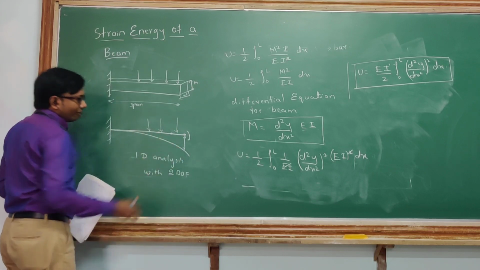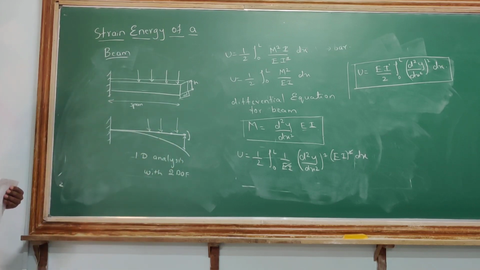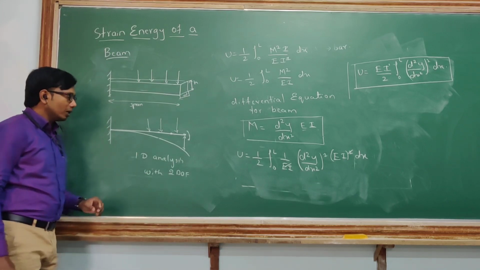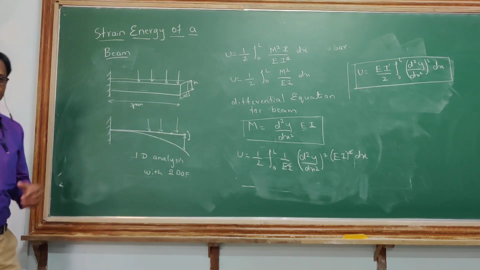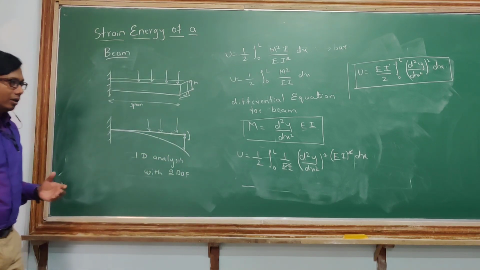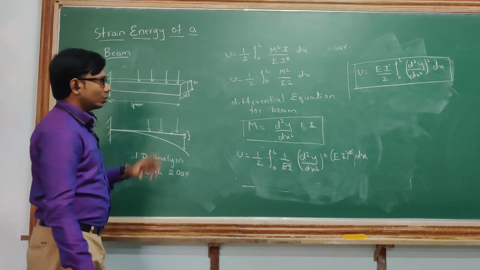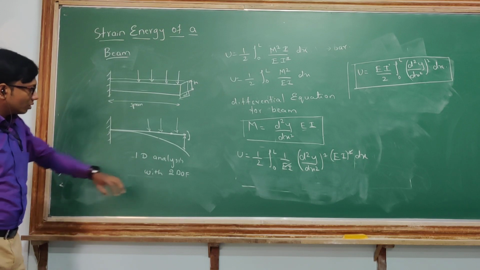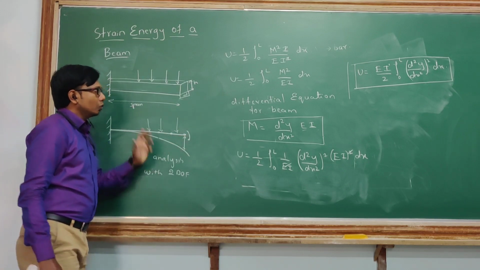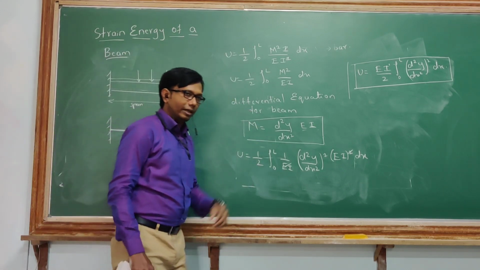So it will be having 2 degrees of freedom. One dimensional analysis only, but the node will be having 2 degrees of freedom. So I cannot use the bar equation, that is half integration 0 to L sigma into epsilon A into dx, where A was a constant term. Here A cannot be a constant term because it has 2 degrees of freedom. So we did dA into dx.